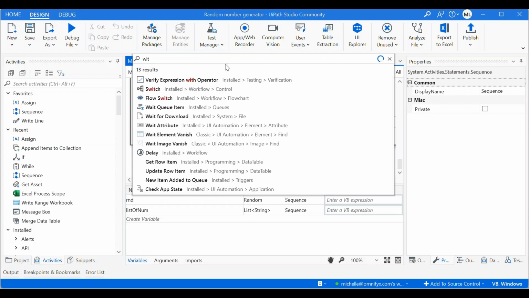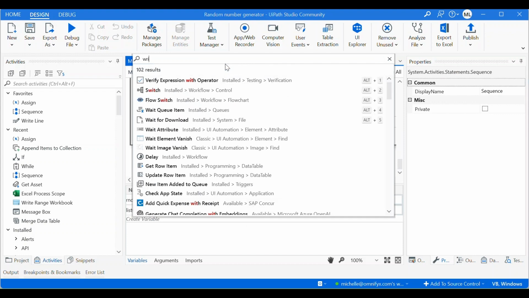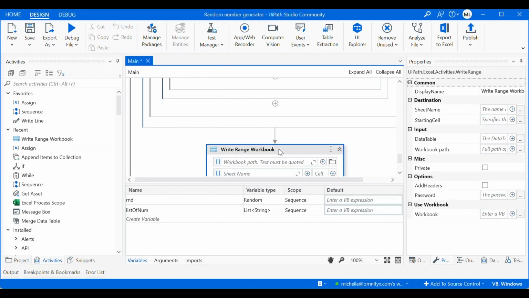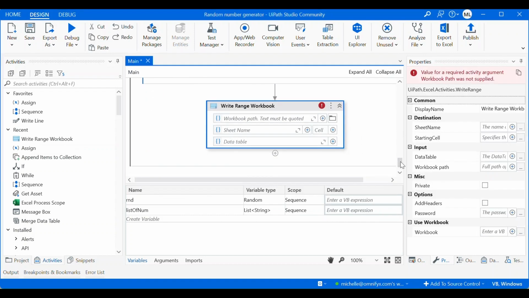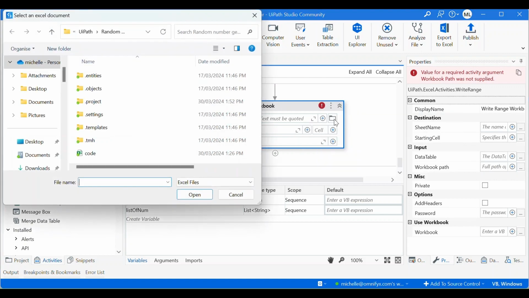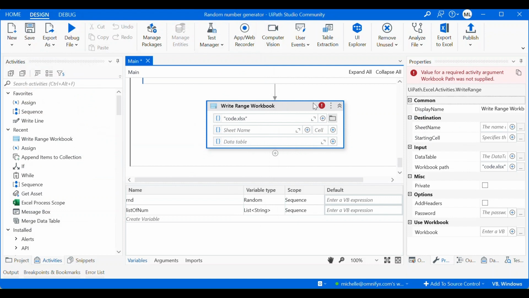So we need the Write Range Workbook. The workbook that we need is code.xlsx, and then the sheet name is code,